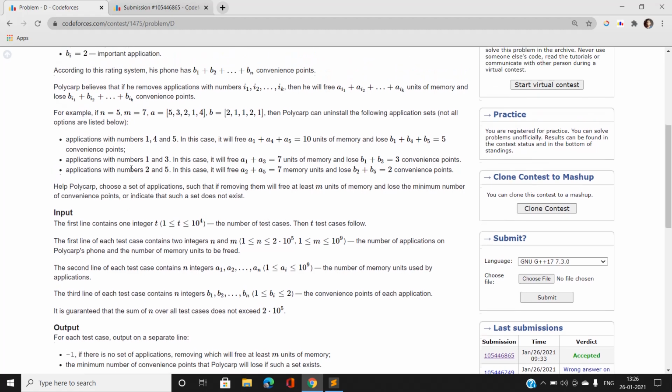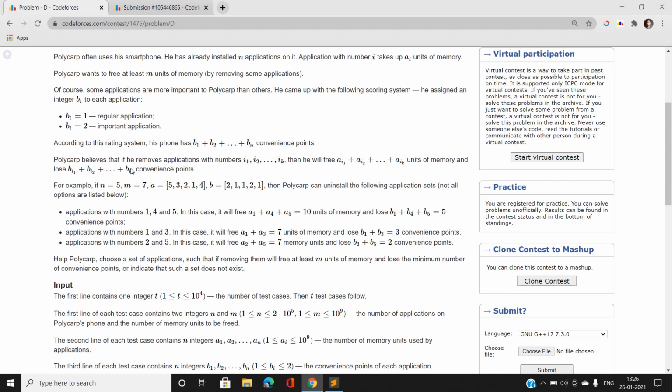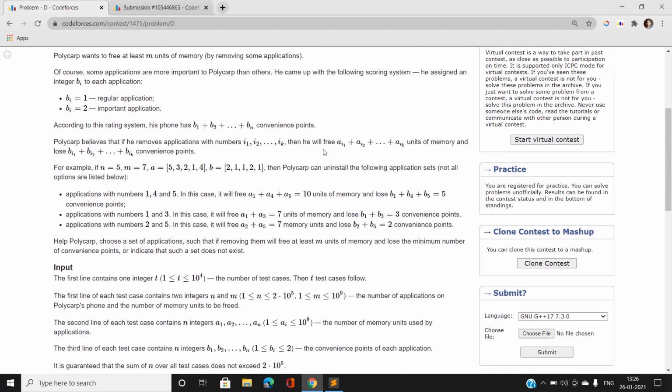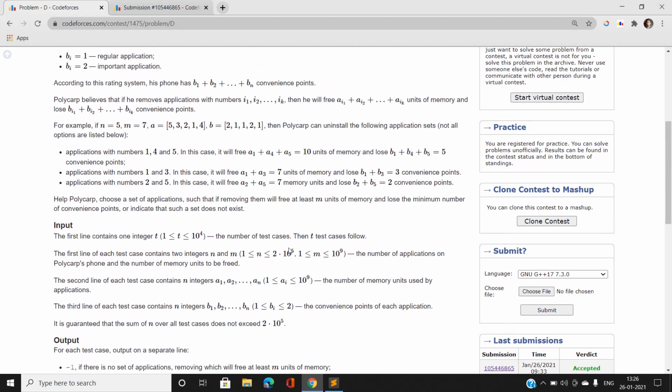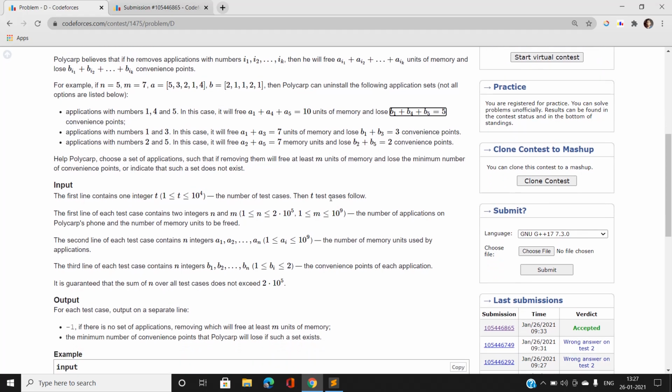So Polycarp has to delete some ai values, and correspondingly the bi values are going to decrease, but the sum of bi values must be minimum and the sum of ai values must be at least m units.